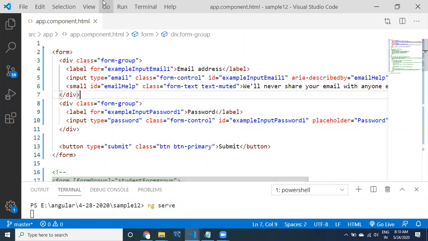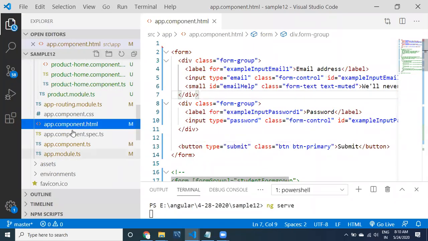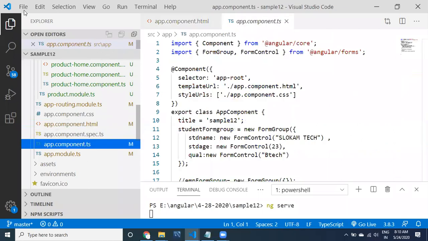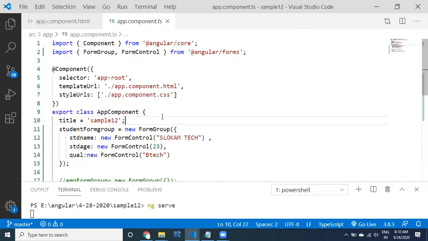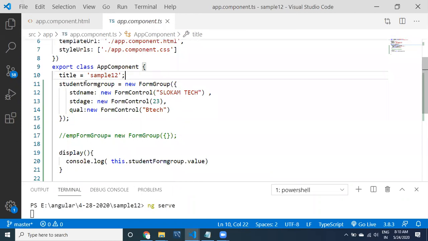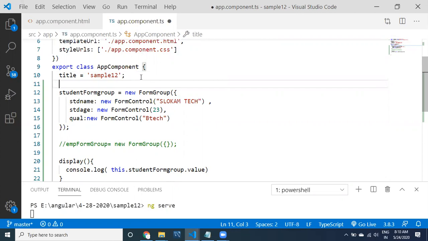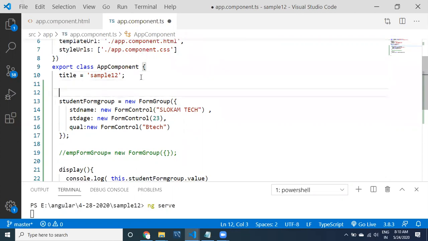Then we can go to the app component ts file. In the app component ts, this was the student form group used in a different example. Now I would like to take a login form group.